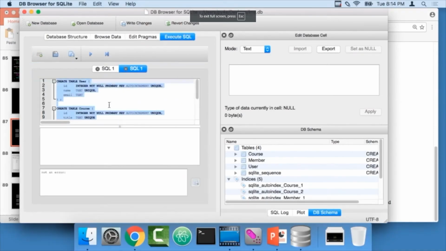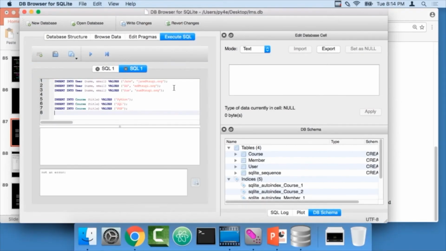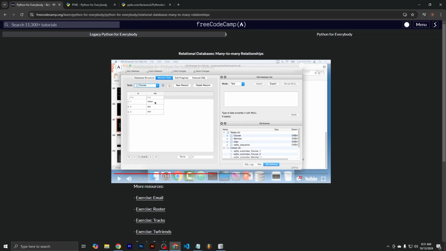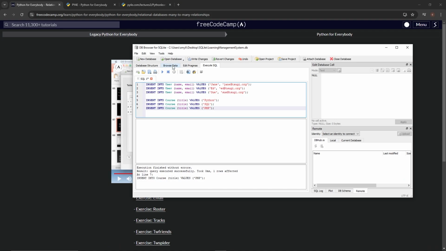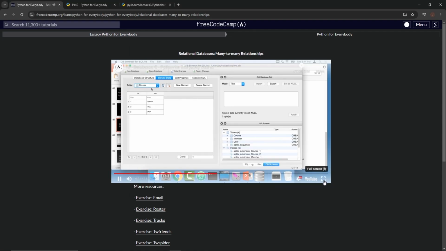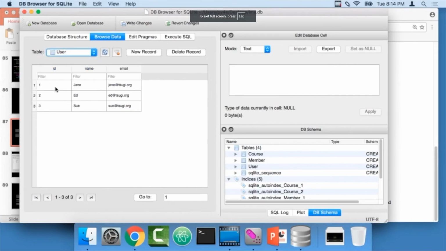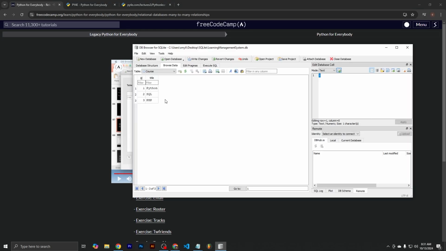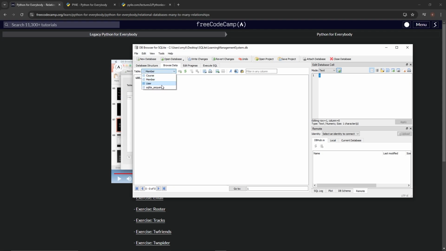Go into SQL. That has the semicolons at the end already for me. Thank you very much. Now I'm going to run it. And if I take a look at my data, now I've got primary keys. Yeah, let's go look at our data. Browse data. We also have Python, SQL, and PHP. For the courses, I've got primary keys for the users, and I've got nothing in the membership table. So let's go do that. So we've got course here, Python, SQL, PHP, member, nothing. User, Jane, Ed, and Sue all have